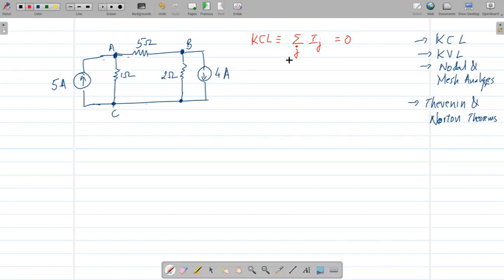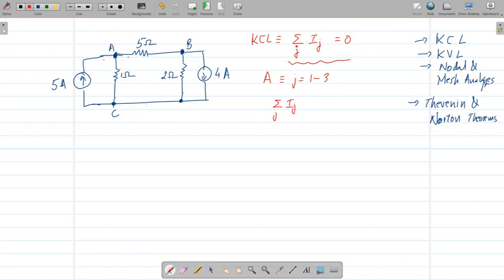So what does this notation mean? Sigma is a summation, and it's a summation going across a counter J. In this case, how many values of J are there for node A? So if I consider node A, then J goes from 1 to 3. So let's write it out. J goes from 1 to 3, that implies this sigma J